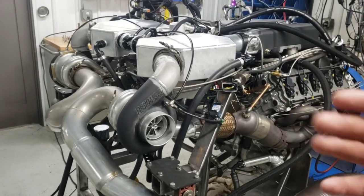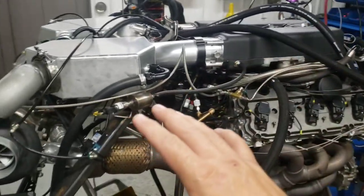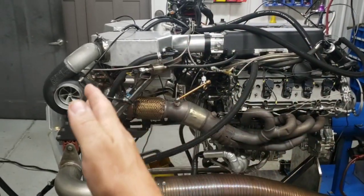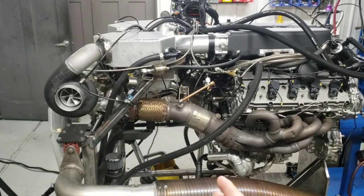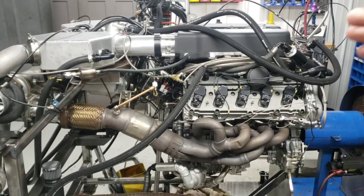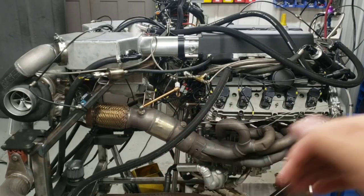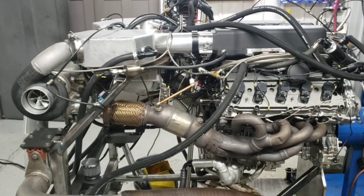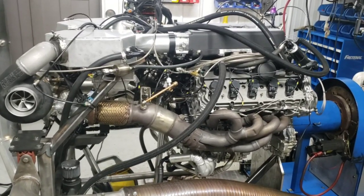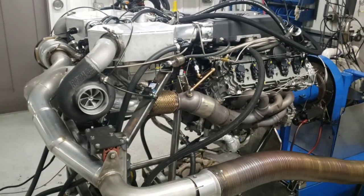This is all for just testing processes. So what we'll do is this will all stay here, this entire stand, this entire intake manifold, headers, hot side, cold side, everything will stay here along with the cart. Then as we get the next motor done, we put it on the cart, hook everything up, just go whoop, slide it onto it, hook everything all up, test it at different power levels, make sure everything is perfect, make sure everything is right, and can go through any little testing and tuning things also